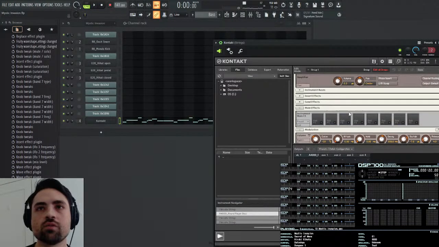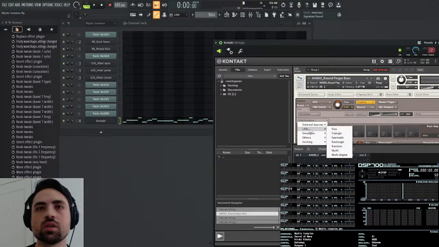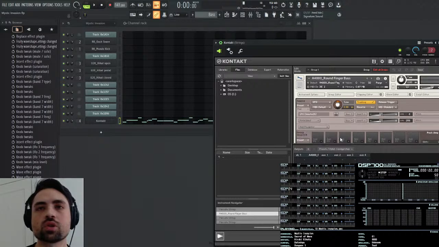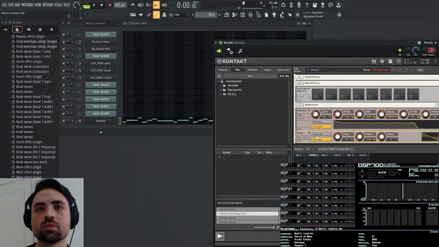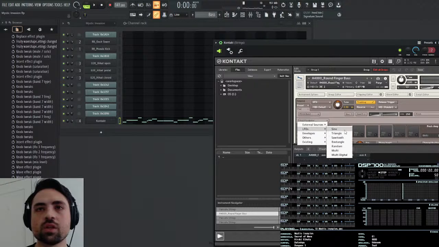So now I just need vibrato. Now let me go to the mod source and mod and go to LFO and go to sawtooth. Actually, let me do more of a sine wave. Let me remove this and add a sine wave LFO.